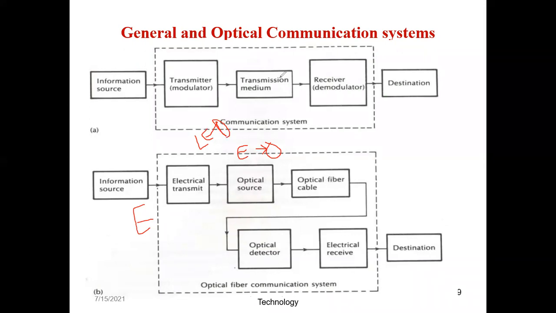Then comes your fiber optics cable. So that fiber optics cable can be either single mode or multi-mode or step index. What is all that we will see, or graded index. So if you are drawing the block diagram, you can write all this. So your optical fiber cable can be either single mode, multi-mode, step index, or graded index. Now each has its own advantage, disadvantage, addressing the issue of attenuation and dispersion.